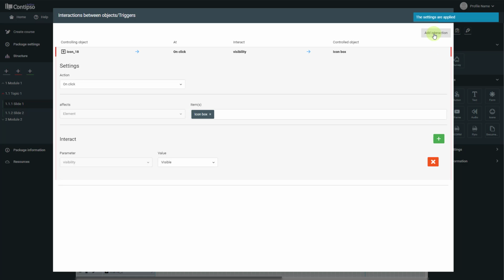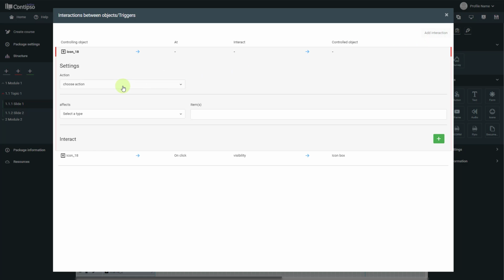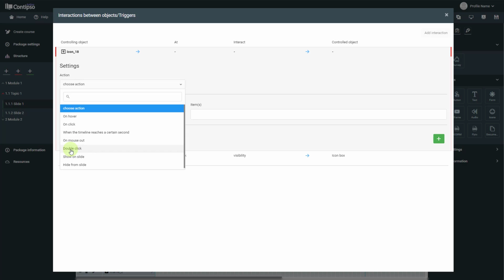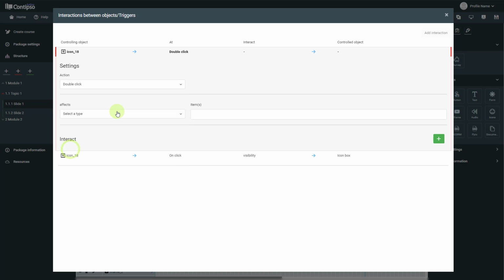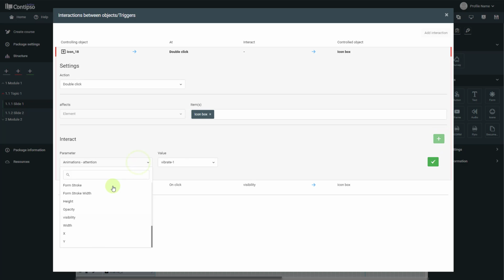Then we can add another interaction. Again, choose the action that would trigger it, but it cannot be the same action, so this time we're going to click on double click, again elements, and select icon box again. This time, when we go to the visibility, we are going to choose hidden, and that would hide the selection when clicked twice. We close the menu,